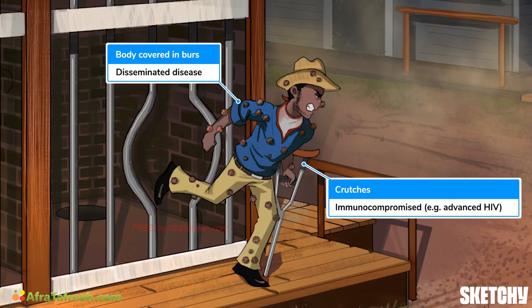advanced HIV. In fact, it's actually considered an AIDS-defining condition. The symptoms are nonspecific and include fever, chills, night sweats, weight loss, and watery diarrhea. On exam, you may note hepatosplenomegaly and lymphadenopathy, and labs may show leukopenia, anemia, elevated alkaline phosphatase, and elevated lactate